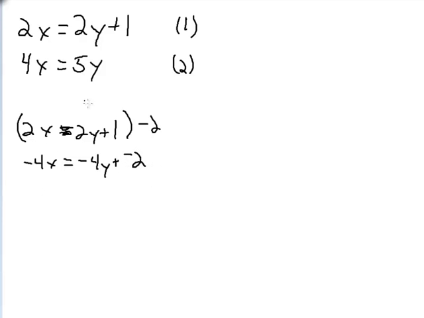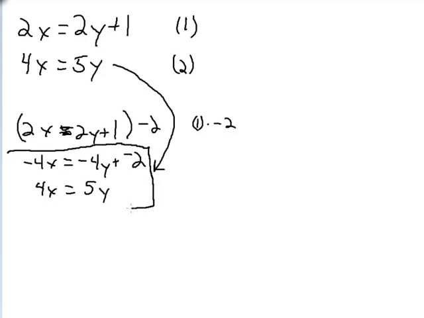Now, let's add this to the second equation. I took equation 1 and I multiplied it by a negative 2. So I'm going to add equation 1 to equation 2. I'm going to bring it down here. I've got 4x equals 5y. Now these two equations right here, once again, I'm going to add them together in hopes that something